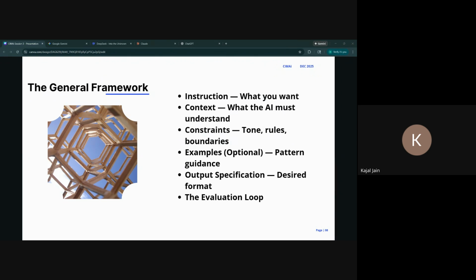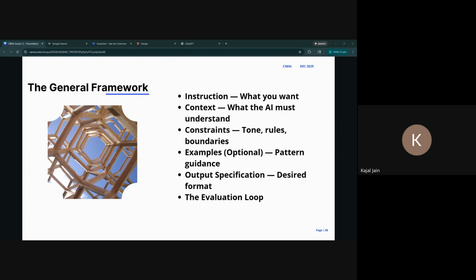And then we have examples. If you're trying to replicate something that you've already built before, it's super helpful to include that in your prompt as an attachment or as an example. And then we have the output specification. How do you want it? Do you want it in a PDF? Do you want a certain type of report? You can be specific in your prompt of how you want your output to look.